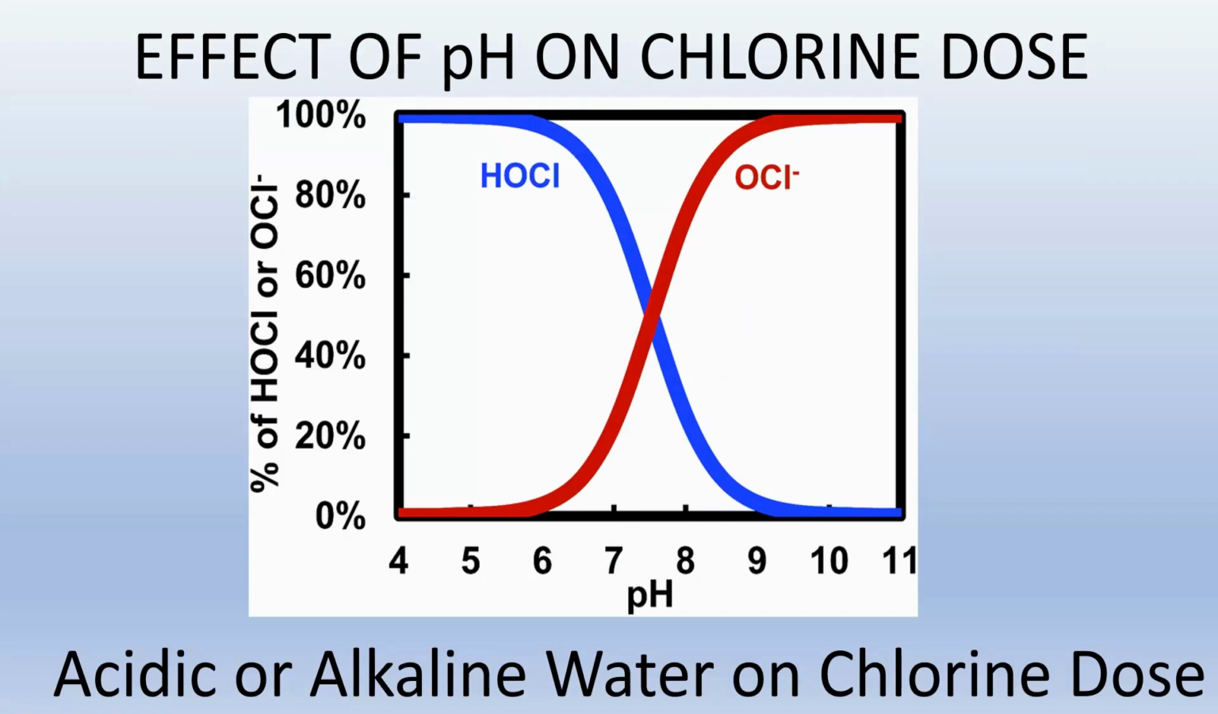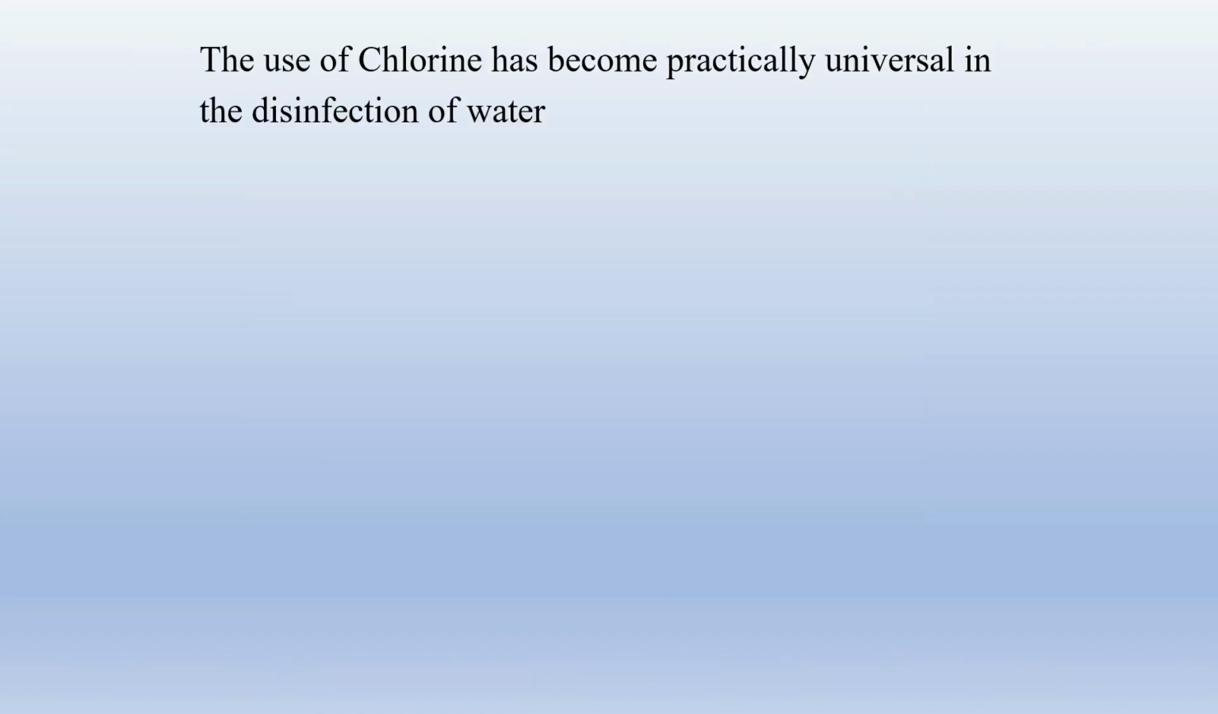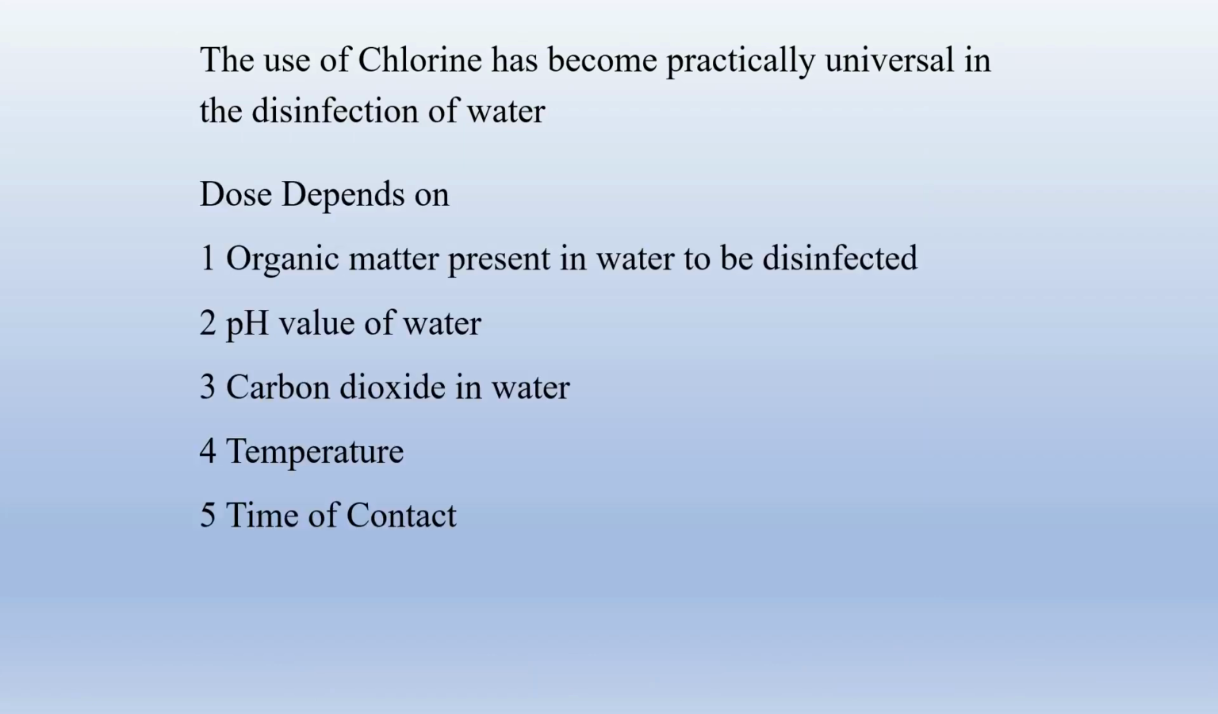Today we are going to look at the effect of pH on the chlorine dose, or the acidic or alkaline nature of water on the dose of chlorine. The use of chlorine has become practically universal in the disinfection of water, and the dose of chlorine which is